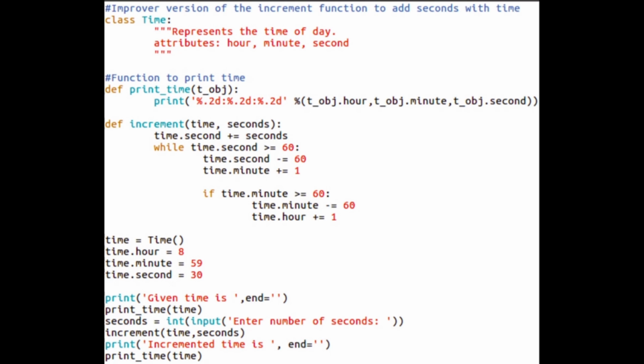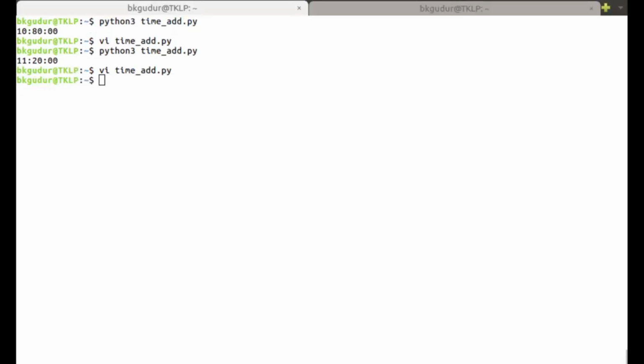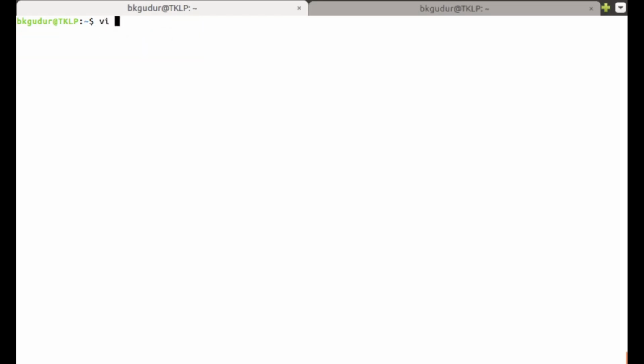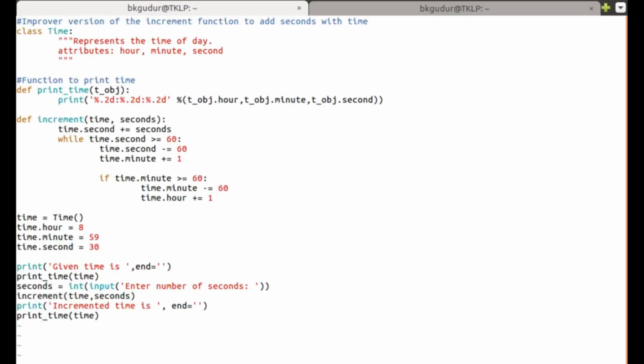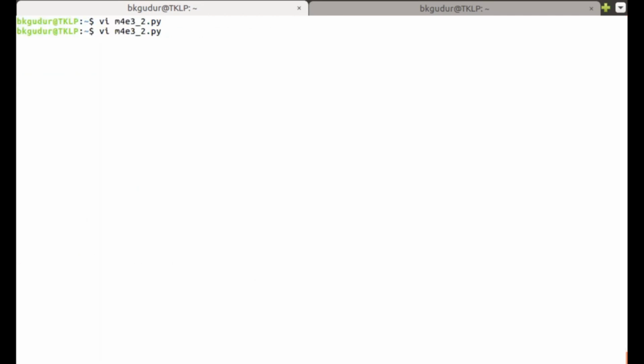Okay, this function is already typed. Later you can type and check. So I'll just open that function and show you the result. So the function name is, say, increment. First I'll show this version. This is the program, the same program I have described so far. If the number of seconds is greater than or equal to 60, then until the number of seconds is less than 60, this will be repeated. So if I execute this program and show you the output,